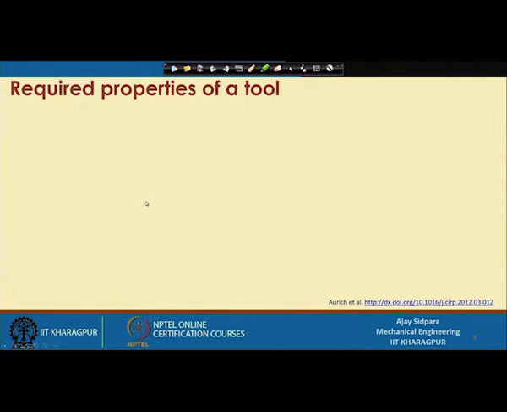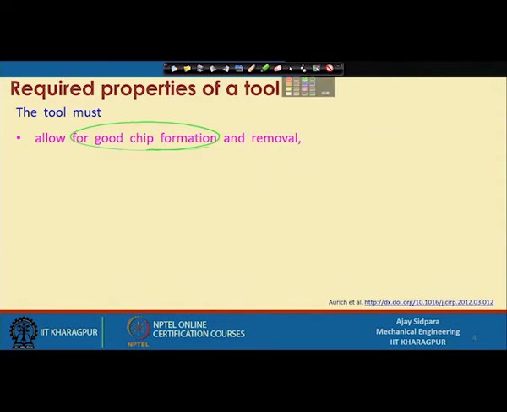So, what are the required properties of a tool? The tool must allow for good chip formation and removal. Good chip formation directly depends on the cutting edge radius, because we know that this is directly affected by the cutting edge radius you have.